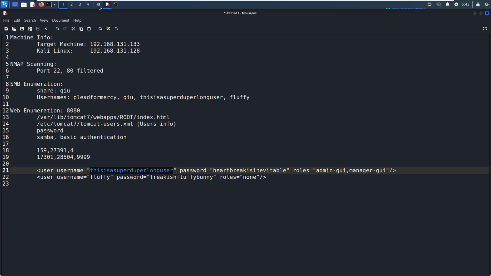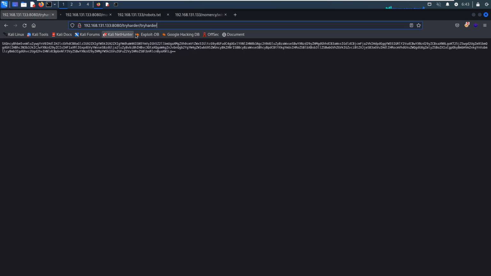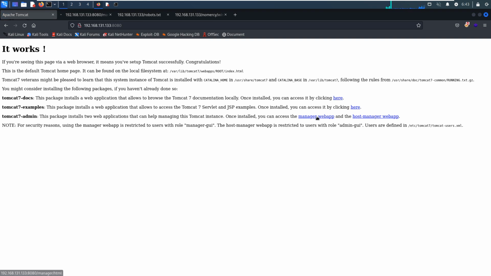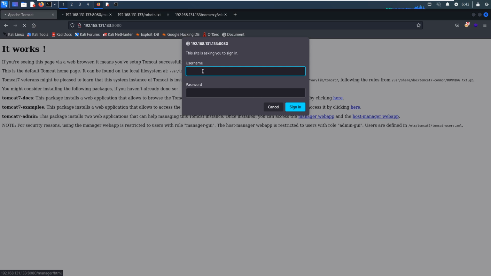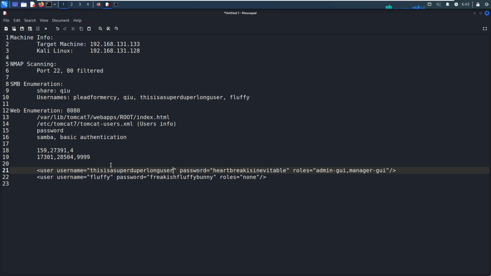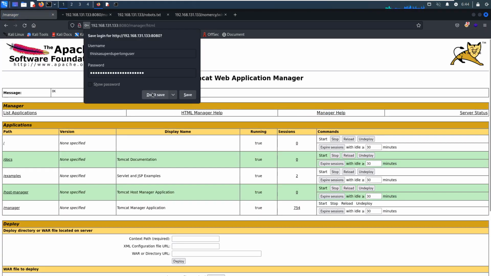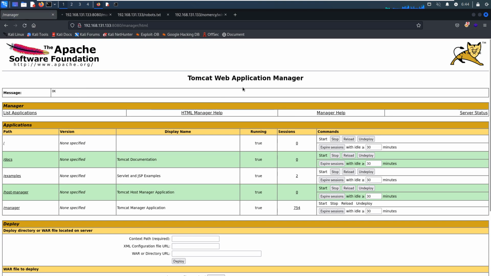We can copy. And click Manager Web App. And we can copy its password from the notebook. We are in Tomcat Web Application Manager. So I think it will be very straightforward how to do next.